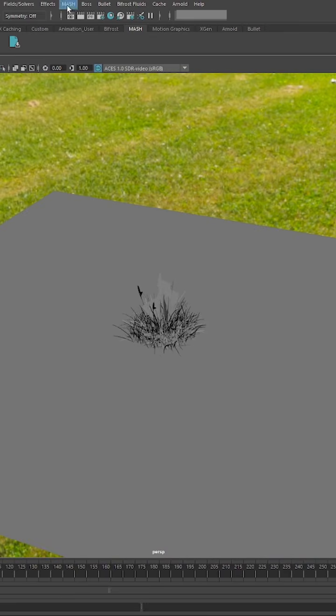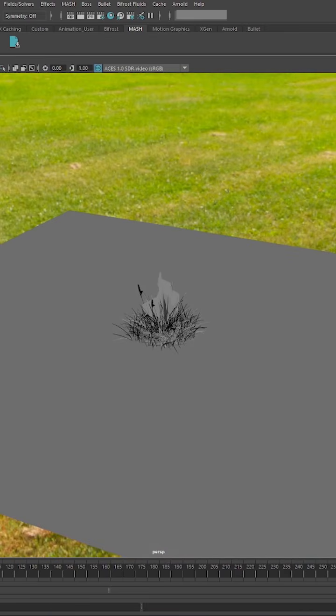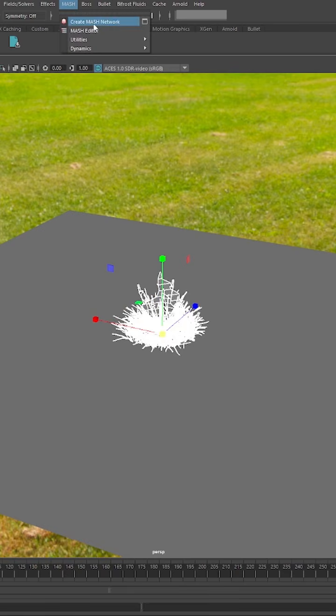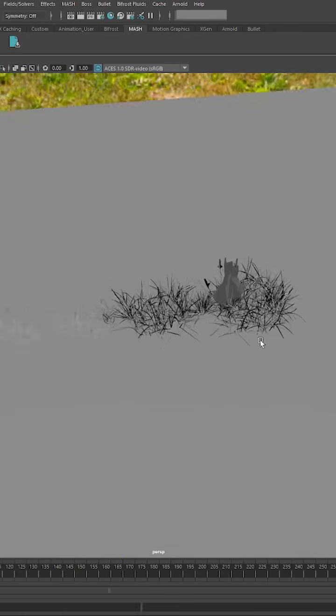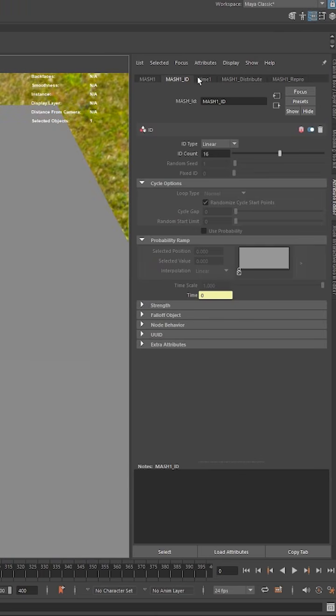So we're going to be using MASH, which comes built into Maya, and there's many different features. We're going to be using the MASH Distribute node. So we're going to go ahead and select all of our grass and we're going to come up to MASH and go to Create MASH Network. That will then take all the models that we have and distribute them out. It's already created a MASH ID node for us, and the ID count is 16 because that's exactly how many